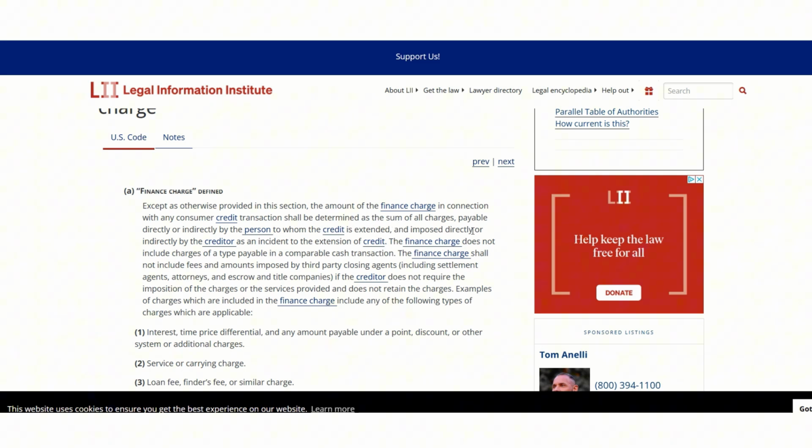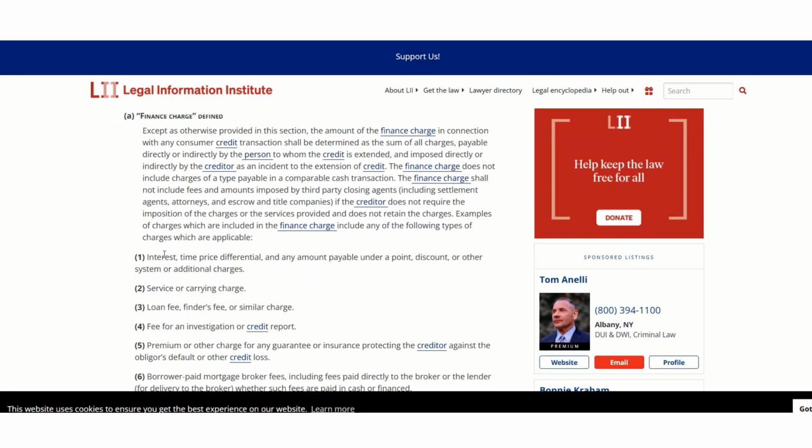And imposed directly or indirectly by the creditor as an incident to the extension of credit, right? So let's go down here. Examples of charges which are included in the finance charge include any of the following types of charges which are applicable. So interest,